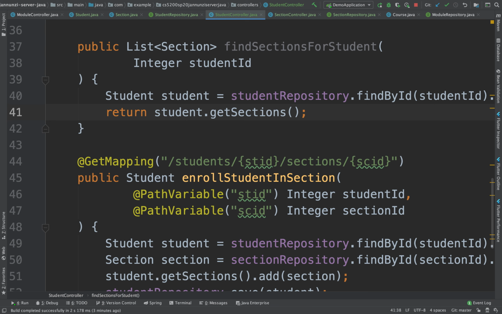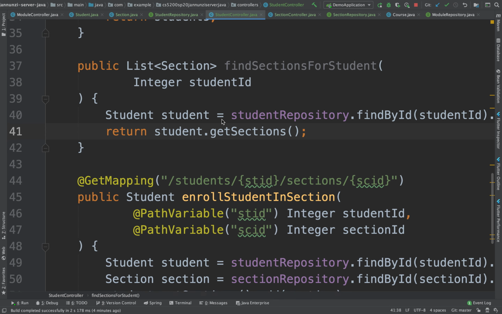And it will fetch the fields from the section table and the student table where the primary keys of students and sections match the foreign keys of the enrollment table. It will be all doing the join with this very high-level object-oriented API, and nowhere do we need to do any join or worry about any of that, okay? So let's expose this,